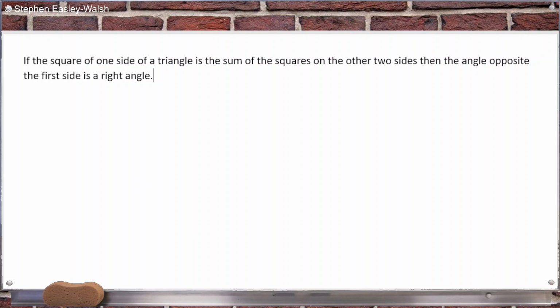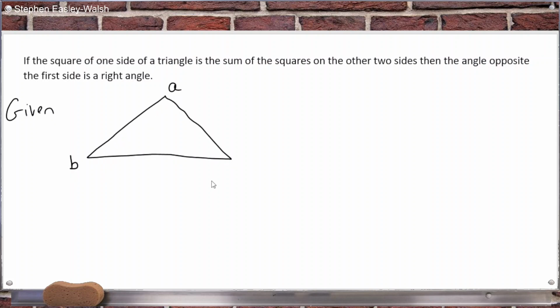Okay, let's try this one now. If the square of one side of a triangle is the sum of the squares on the other two sides, then the angle opposite the first side is a right angle. Okay, so you're given a triangle